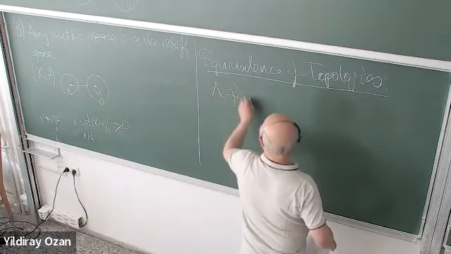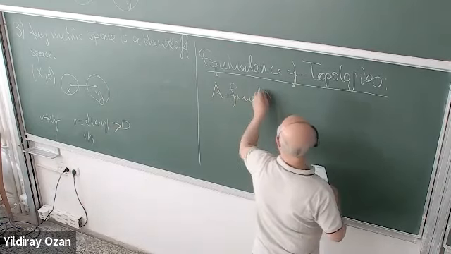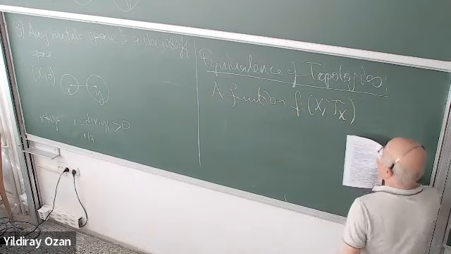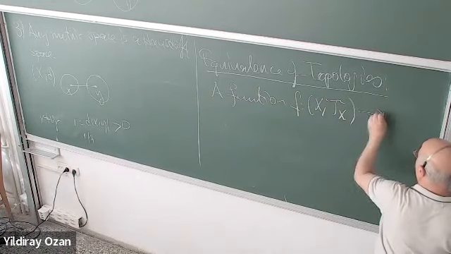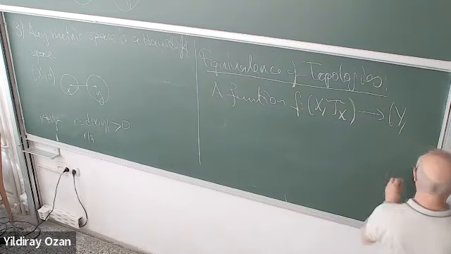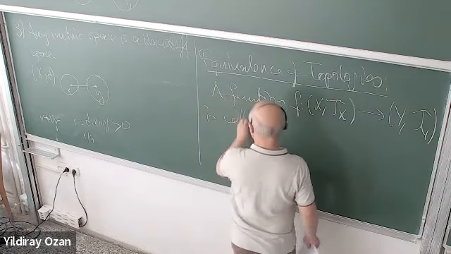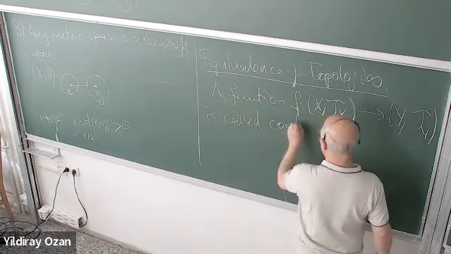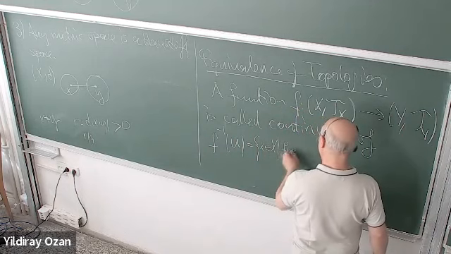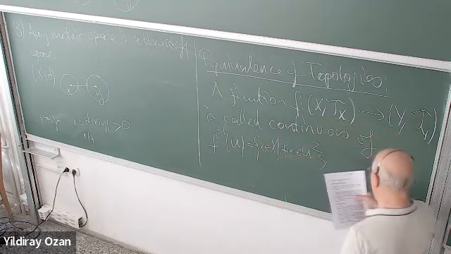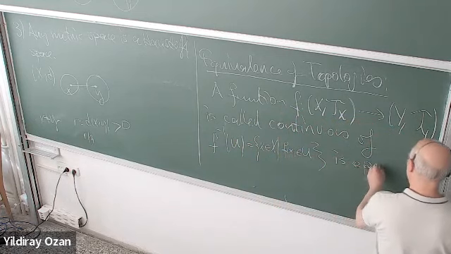Now a function f, let's say from a topological space to another topological space, is called continuous if f inverse of U, the inverse image, what we mean by inverse image, of course, is the set of all x's such that f of x is in U, is open in X